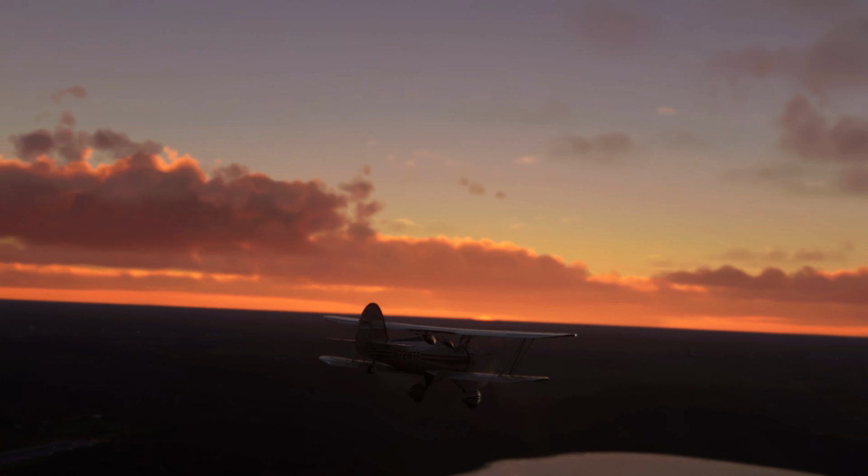But overall, it's a great little plane that I've had a lot of fun with,